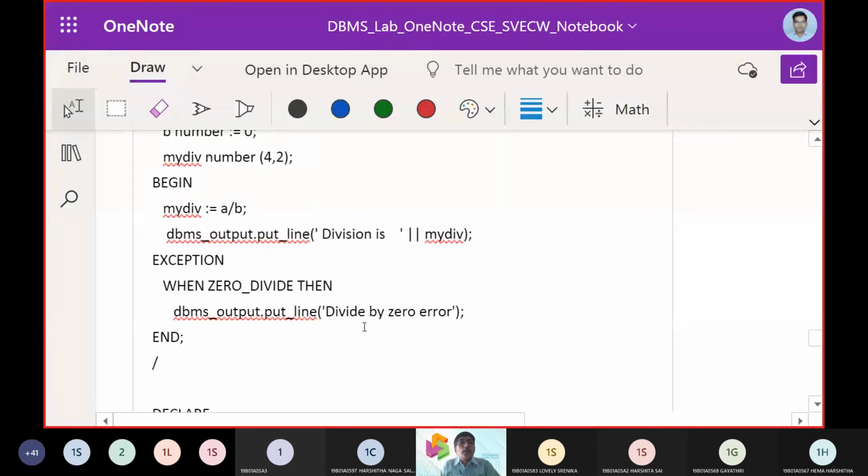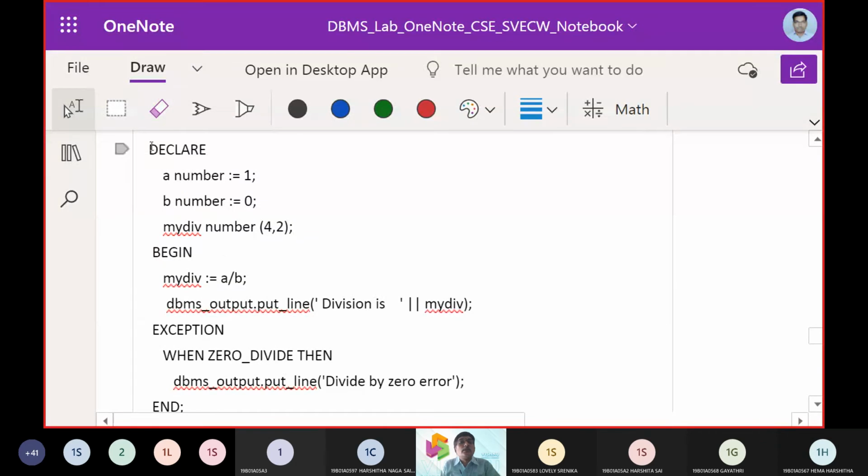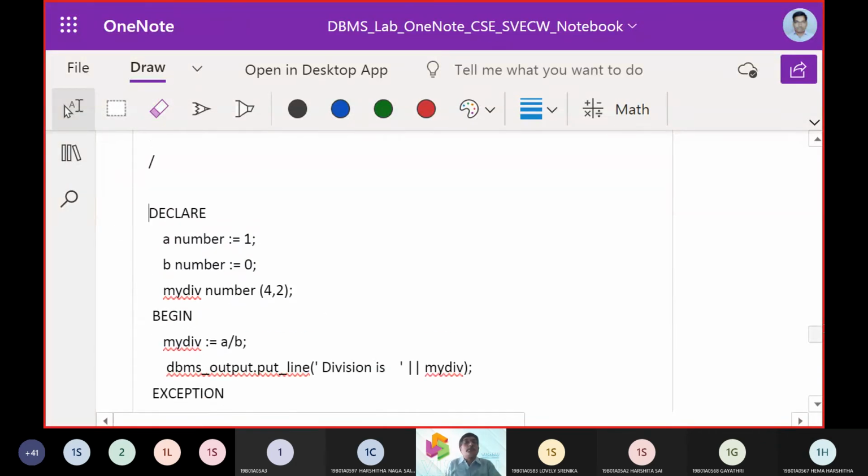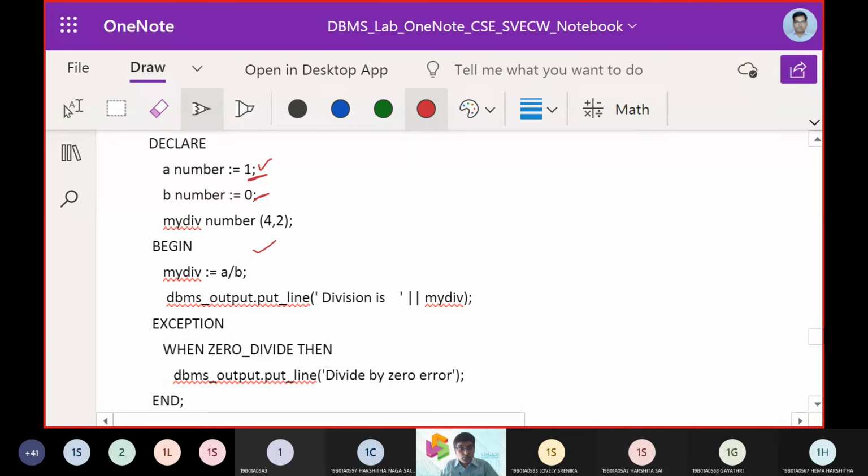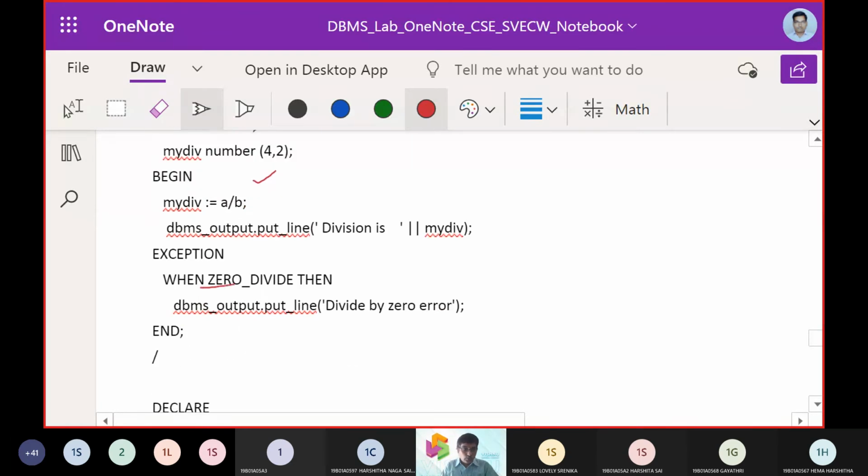Now coming to the last way of using the exception. In this exception, it is a simple logic. It is not related to the database part. It is just related to a programming part. I gave b as 0. Then we need to get a divide by 0 exception, right? 1 by 0 leads to infinity. So when divide by 0 is going to happen, then a divide by 0 error should occur. So it is a very simple exception: when divide by 0, then what it should display.